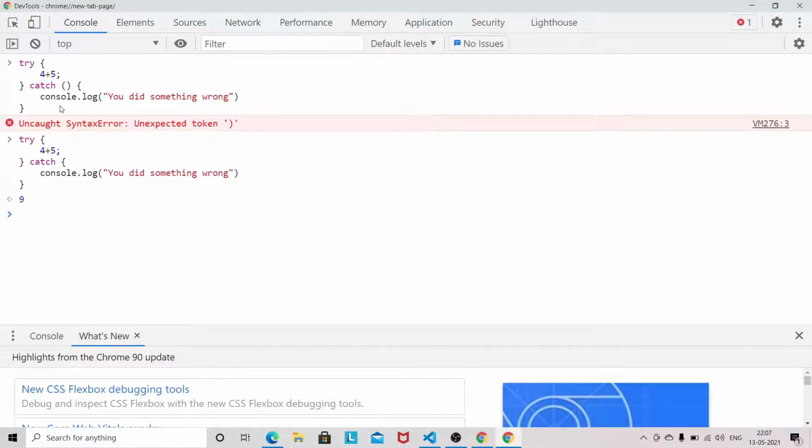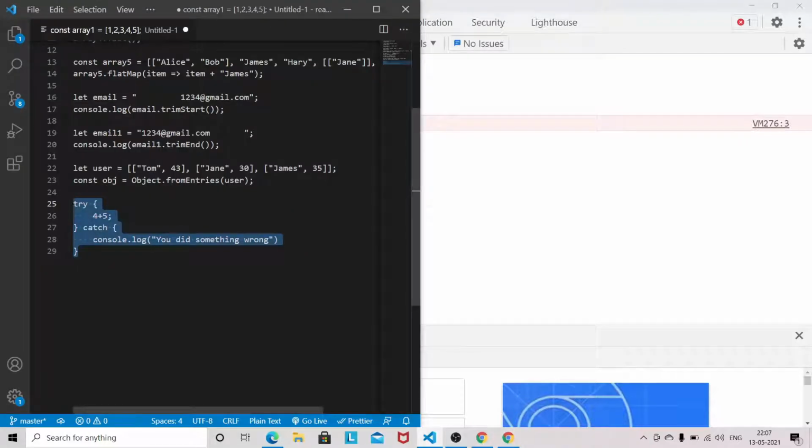So what modification did they make? I'll tell you. Earlier we used to pass an error here, and we print the error, this way.